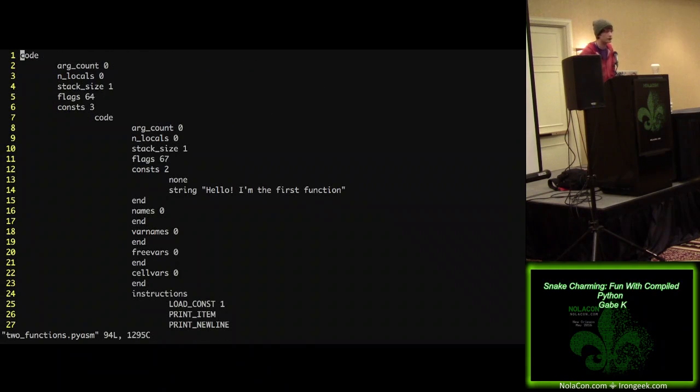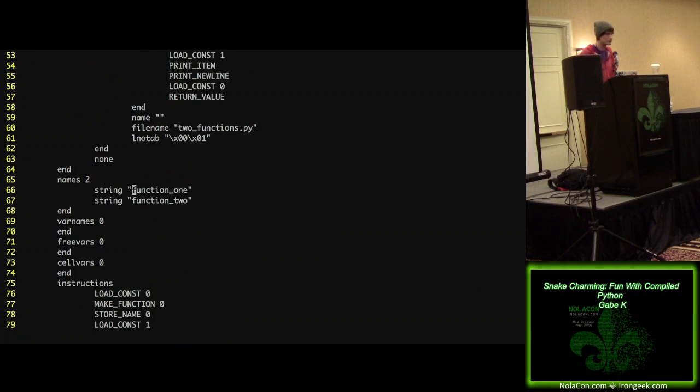If you actually go into the disassembly, it's pretty easy to figure out. But the name is just stored there for debug output, and the way that they wrote the decompiler, that's how it outputs. But you can also just delete it here. You can't have two things with the same name in one code object. You can have two local variables with the same name, but you can't have two global variables with the same name. But you can have one that's just white space, and it won't care. So we can just delete those function names. And then